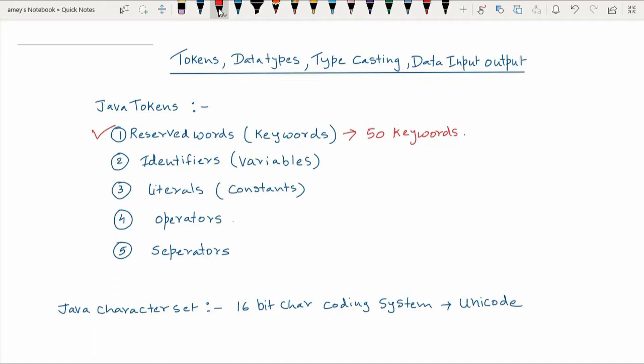We have seen in the previous examples static, public, void. These are all keywords, right? So these words have specific meanings in Java. Remember that they cannot be used as variable names or class names or method names and so on. You should be careful. Second, the convention says that keywords are always written in lowercase only.